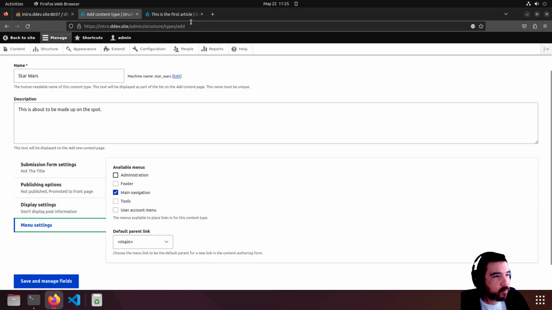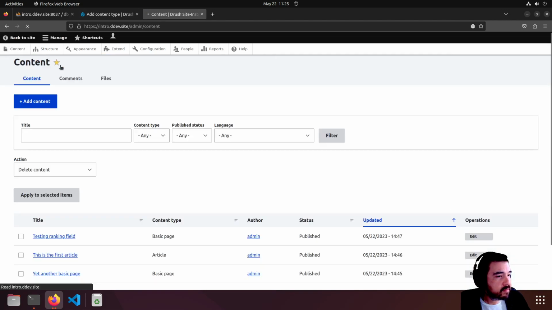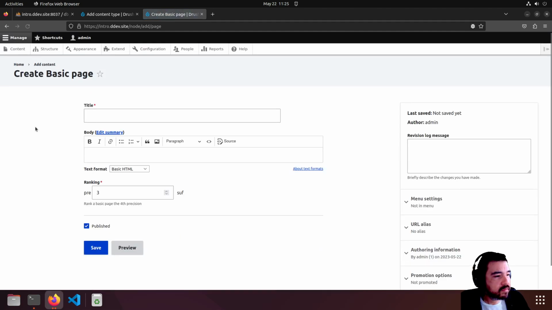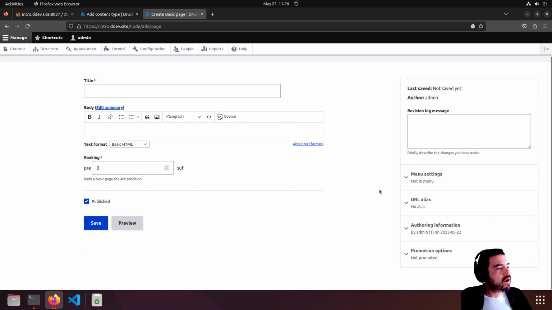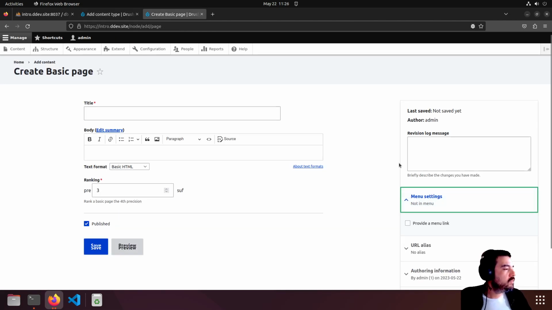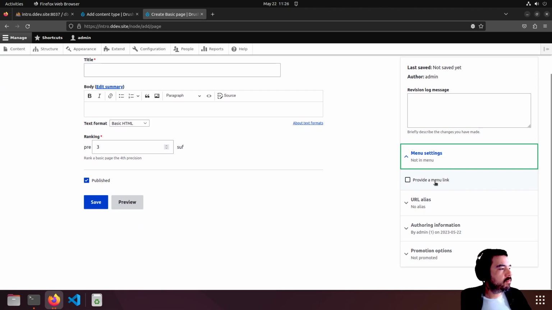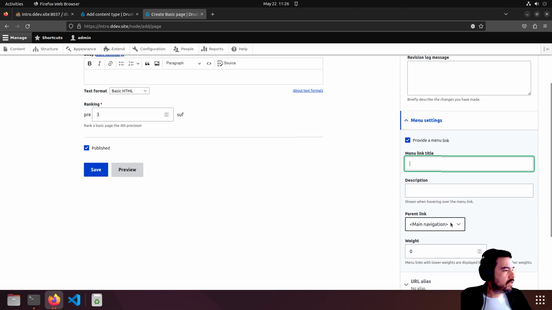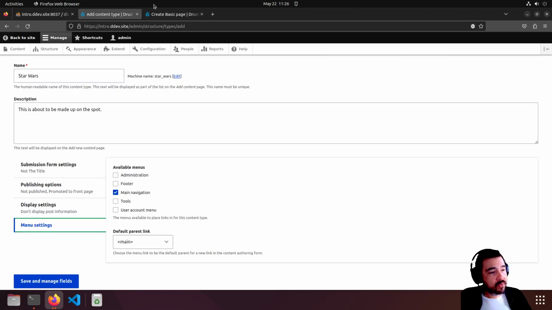Menu settings. When we created some content, let's try another basic page. Apologize if I'm going too quick. What was that? Main navigation. Yes. So in the menu settings, when we're creating a page and we say provide a menu link, down in the parent link drop down, we only have main navigation available. So if you want other available options, which I can point to,